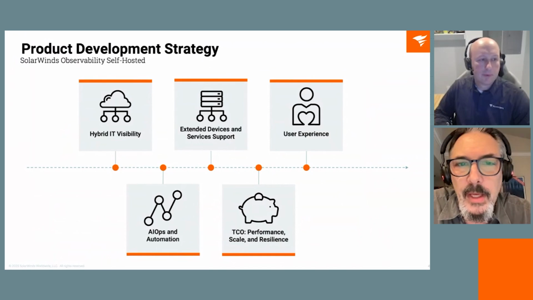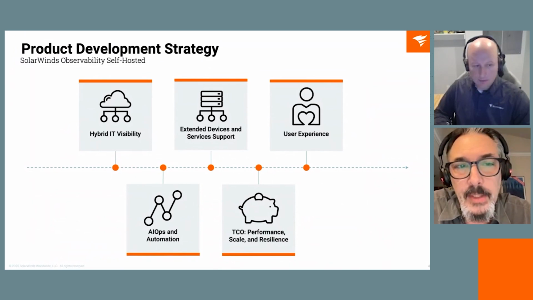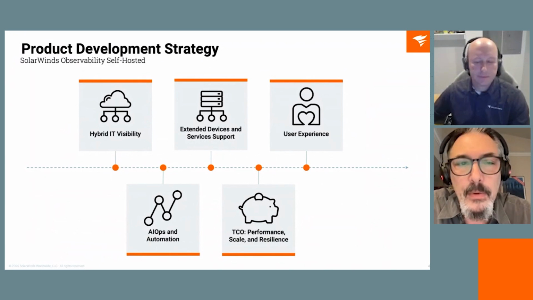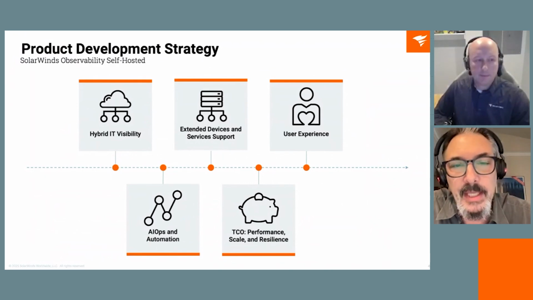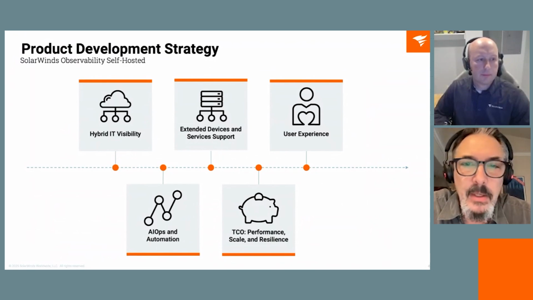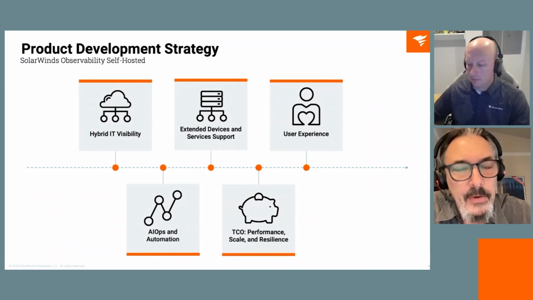We know that from talking to customers, and from looking at the market and watching industry trends. It's been this way for some time, and I think it's going to continue to be that way for a while. So we focus on our observability solutions providing end-to-end full stack visibility, from on-prem up into the cloud and everything in between. That's a primary focus of this